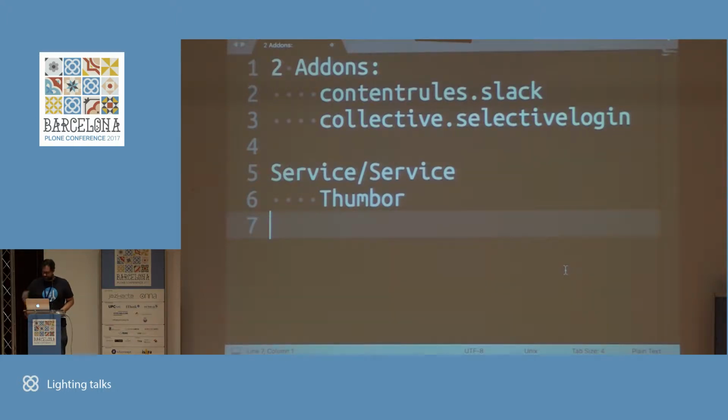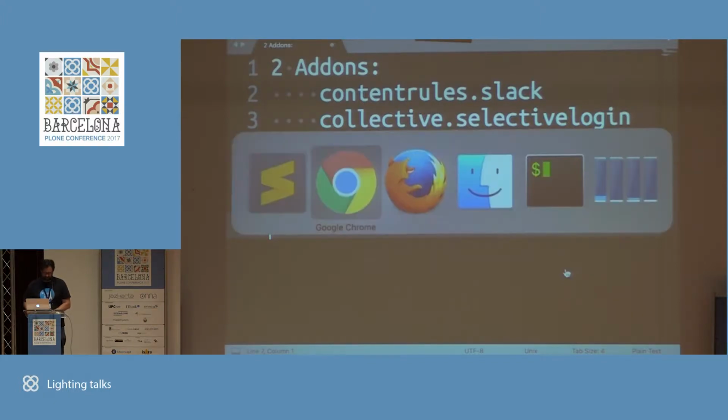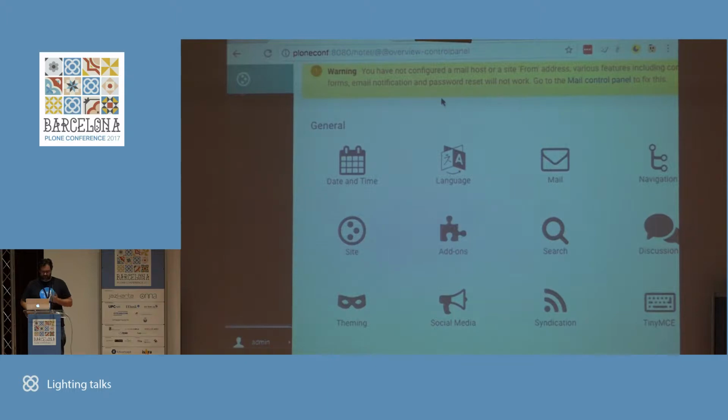Hello, I'm going to talk about 2 add-ons and a service, 3 live demos because live. So if it fails, please be kind. The first 2 plugins, add-ons for Plone, they basically solve our problems, and we decided to take them out from our Plone installation and repackage them. Probably they are quite useful for some of you, and the third one is basically the same thing I just talked about in my presentation. So first one, content rules,